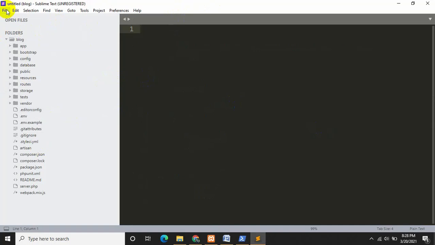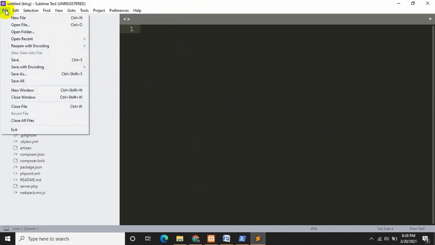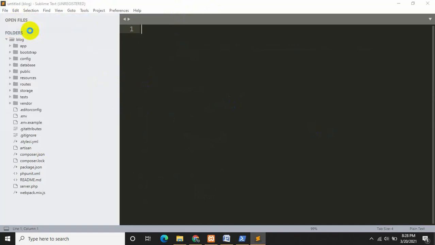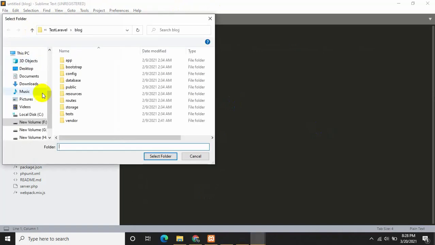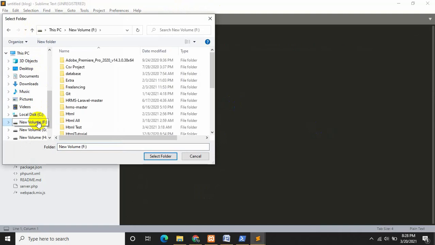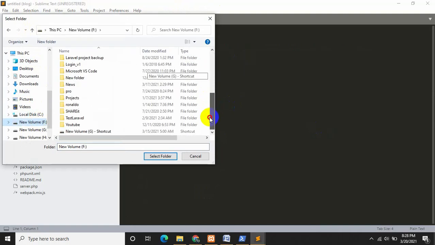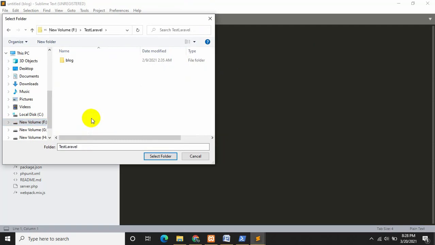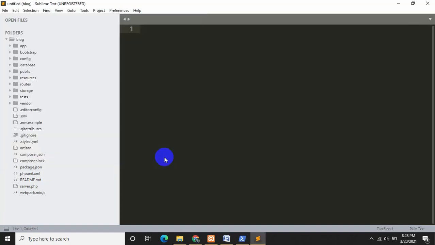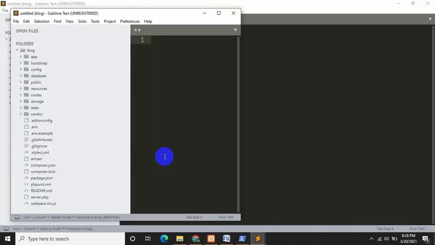Now in order to open your project, you just need to click File and then Open Folder, and then go to your project location. In my case, it's inside New Volume F, test Laravel, and then blog. This is our project folder. I'm just going to click Select Folder, and it will open our project.